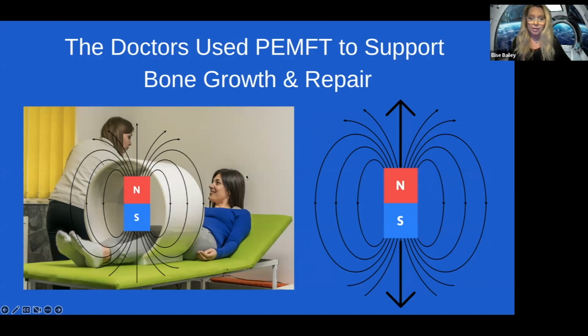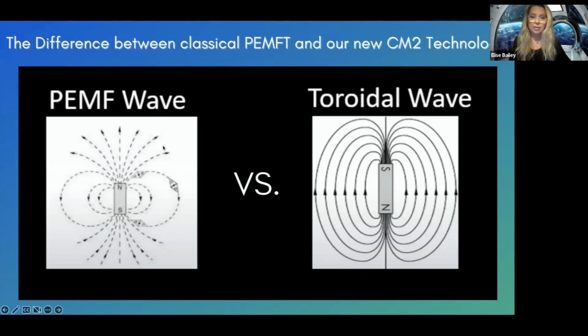And so what's interesting is as they were doing this, what they found was that the areas in the toroidal field area, so this is not the focal point. The focal point's this very focused energy here. But what they were finding is that even though it did help the bone, it helped to regenerate things, the cells in this area were incredibly healthy, more so than what they would expect. So they realized that there's a lot of wasted energy going on here, and it takes a lot of energy